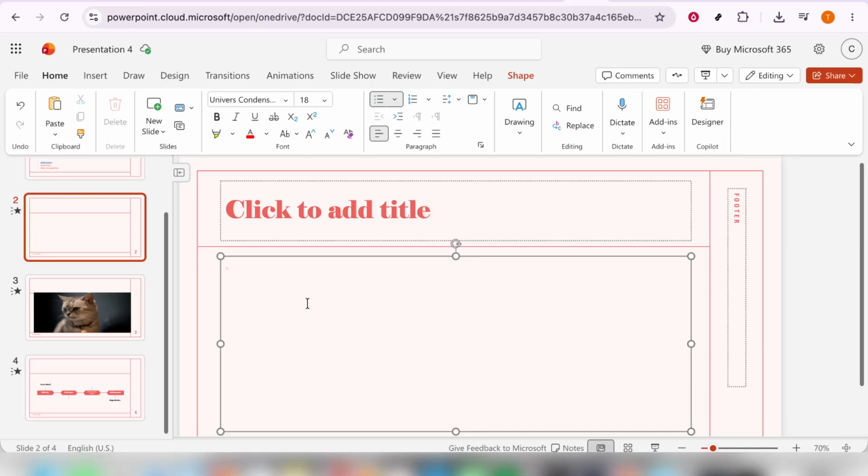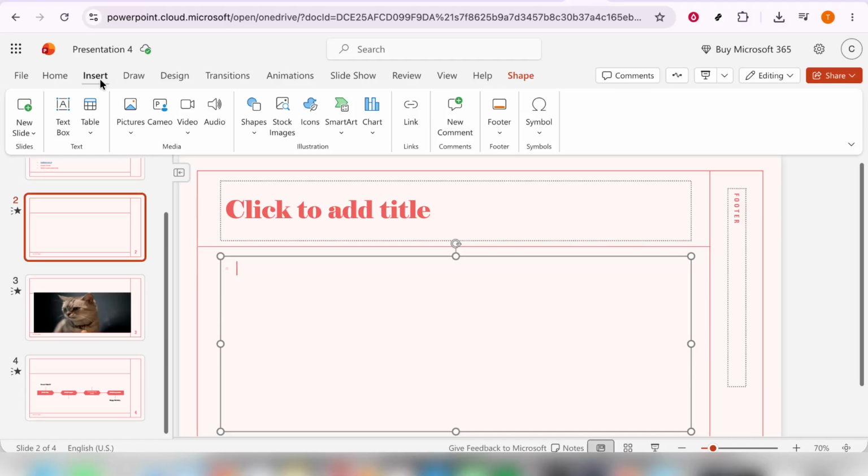This is especially helpful when you want to show a process, a hierarchy, a relationship, or a list in a more polished way. To get started, open your PowerPoint presentation and go to the slide where you want to insert the SmartArt graphic. Once you're ready, look at the top of the screen for the ribbon menu and click on